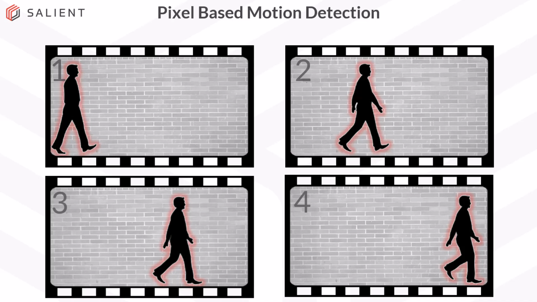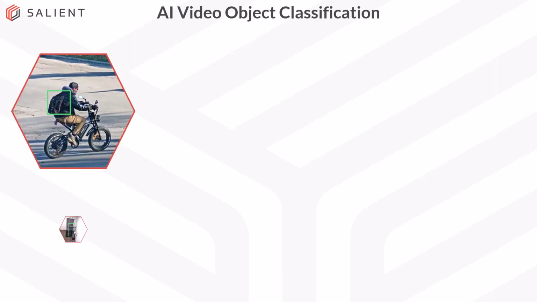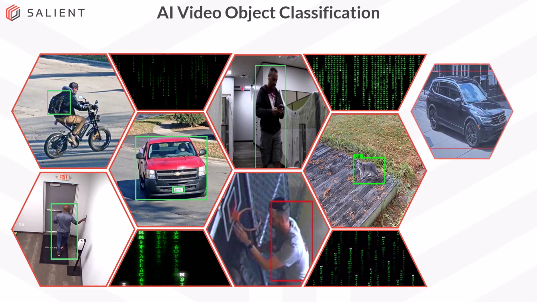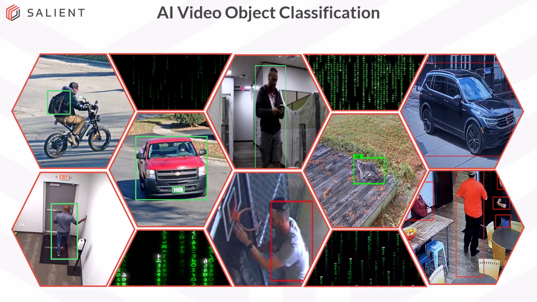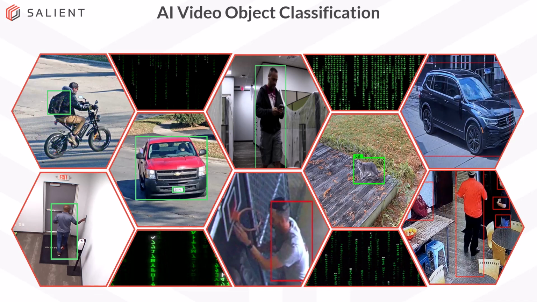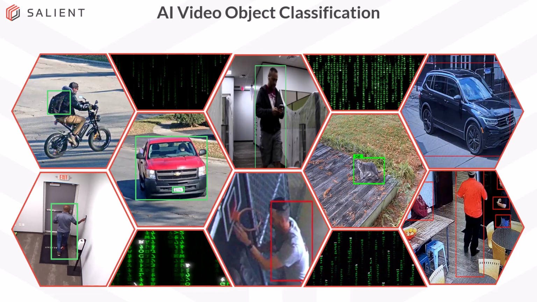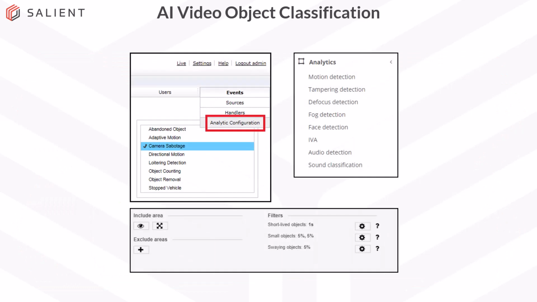due to environmental factors. AI video object classification, on the other hand, uses algorithms to identify and classify objects in a video stream and tracks those objects through each video frame. Some AI algorithms can distinguish between humans, vehicles, or animals. Others even detect specific events like loitering, objects crossing a line, or items left behind. Many cameras have filters and settings that can lower false positives when used properly, making AI detection more versatile than